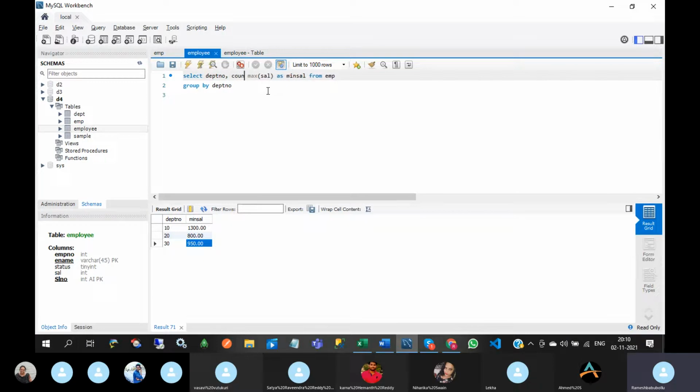You can write like this also. See this, in department number 10, total number of employees is 3, minimum salary 1300, maximum salary 5000, like that 20 and 30. So we can calculate average salary